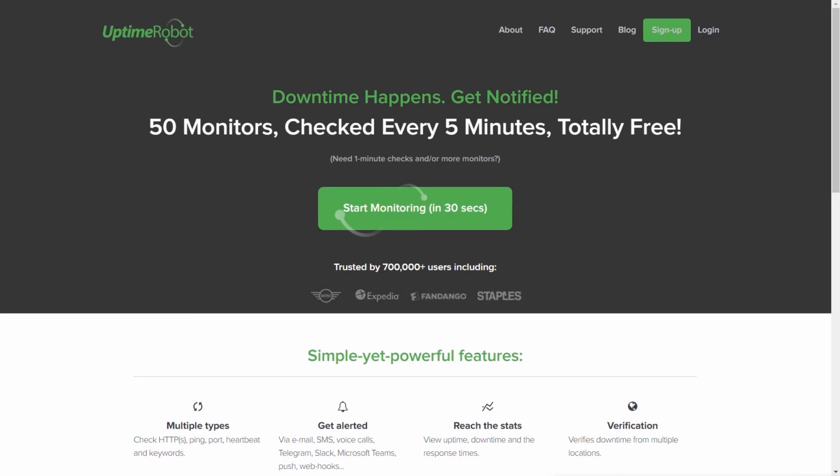So let's take a look at how we use this now, how we set everything up, and what we need to do to get that uptime monitoring set up and working for our sites. Now, when it comes to monitoring your websites to make sure that everything is online and if there's any problems you get alerted, then Uptime Robot is a great option, especially if you want to start off with a free